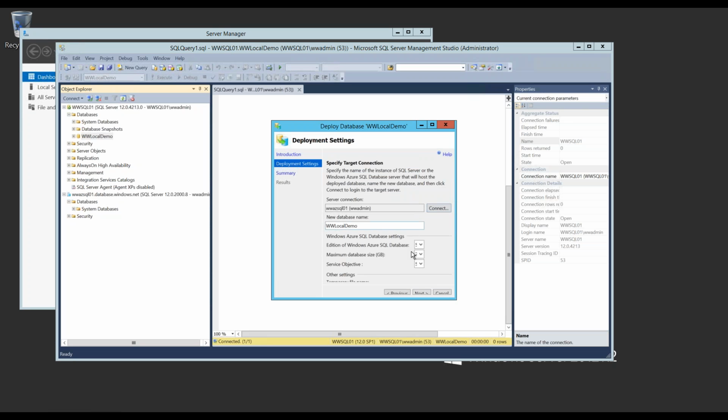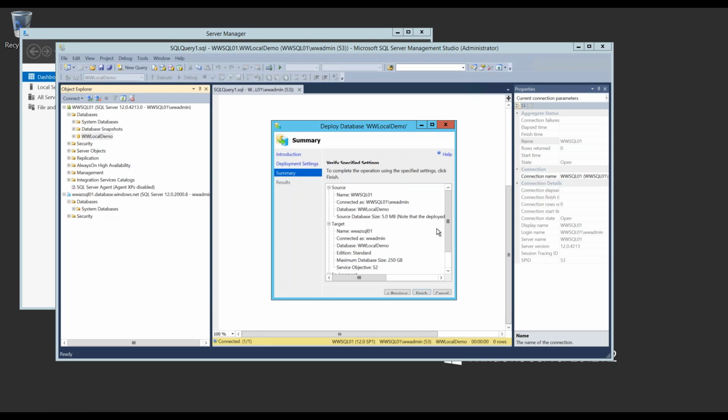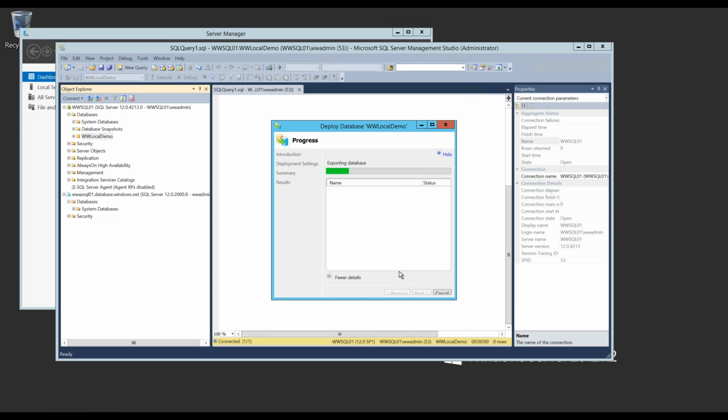It's going to connect to that, and then what you can do, and I'm sorry for the remote desktop, but it wants you to select the Azure SQL database, right? So you can see that I have standard selected, and then the minimum database size right now is allocated to 250 gig. And then the service objective, right, you can see them coming through as S0 and through S1 and S2, right? And so that's what we've done. And now when I press select, this is just a confirmation that this is going to run. And then finally we'll kind of start this off, and let's just make sure it gets going here.